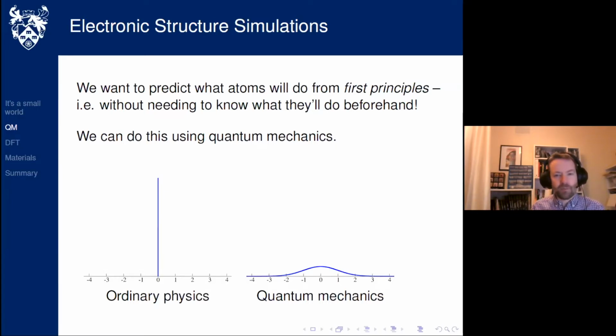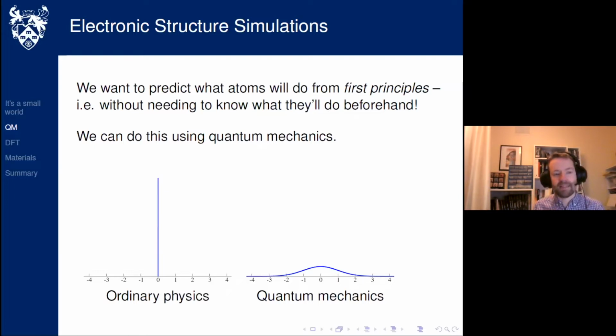But I'm a theoretical physicist, and I'd like to go beyond just shedding some light on experimental data. I'd like to be able to develop the theory and get it to a state where we can actually predict what these experiments will do beforehand. I would like to be able to say what the properties of a collection of atoms will be without needing to do measurements first. Now, there is a theory that lets us do that, and that theory is quantum mechanics.